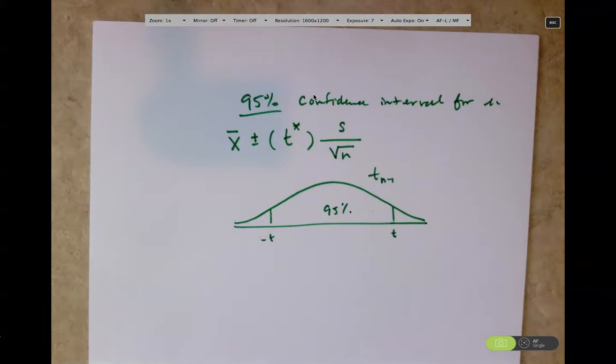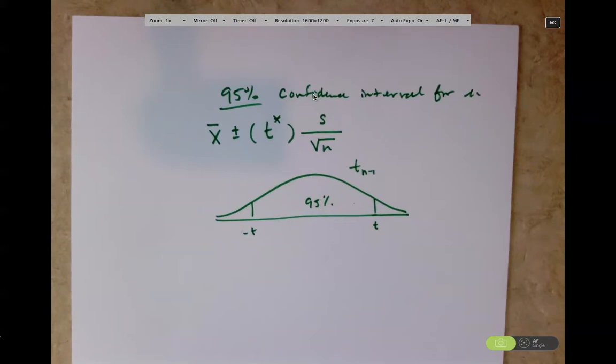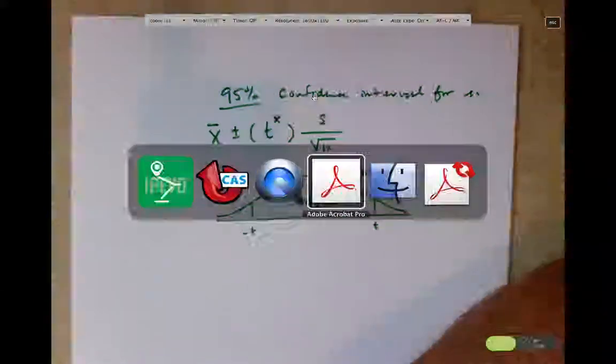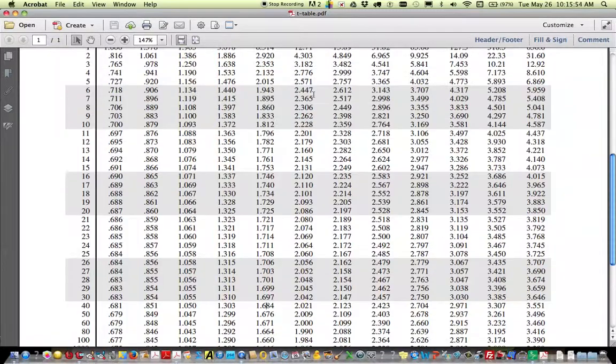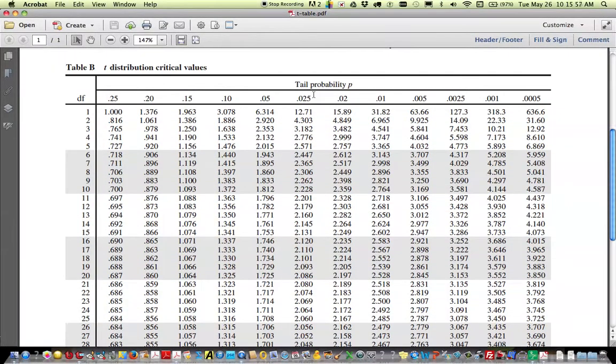All right, so the next thing we have to look at is how to use a table for this. I've given you a table that is probably very similar to the one that you have along with your z table from your book. We're probably going to use this table more than we use the z table because there's not really a nice way to do an inverse t. All right, so here's the idea on this.